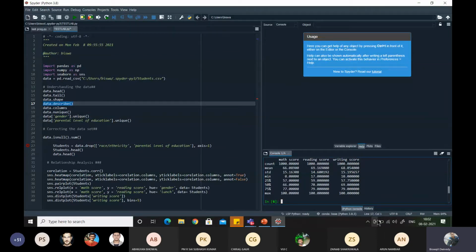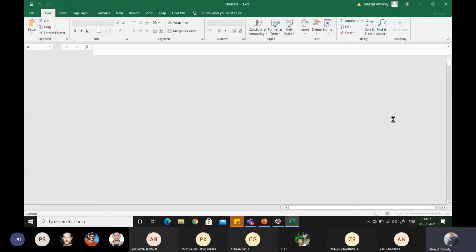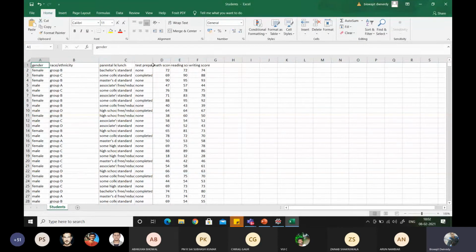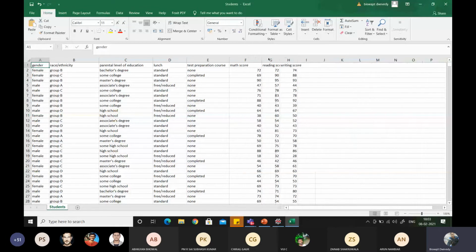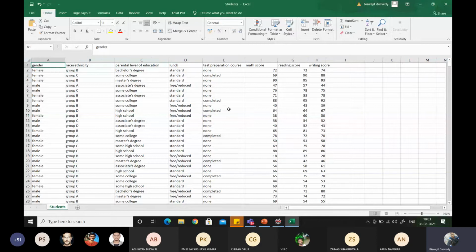Let me show you that thing once again. Let us go to that data set. So this is the data set which we have taken for our example.